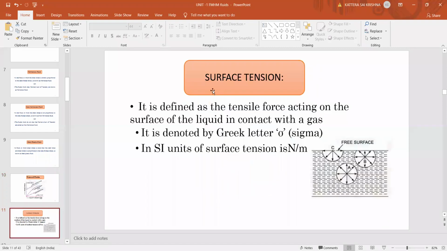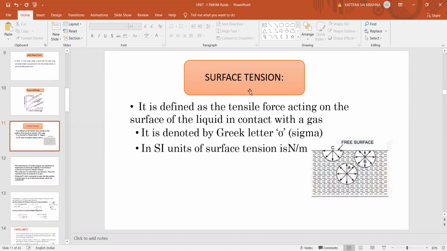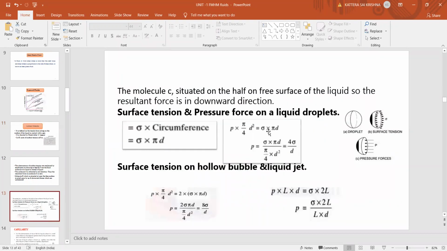After that, we have seen surface tension also. Surface tension is defined as the tensile force acting on the surface of the liquid when it is in contact with the gas. Right? Surface tension is denoted by symbol sigma, and units are always Newton per meter. So this we have seen. I think we have solved some problems on surface tension last class. Yes? Yes, sir. Okay. We have solved problems on surface tension,